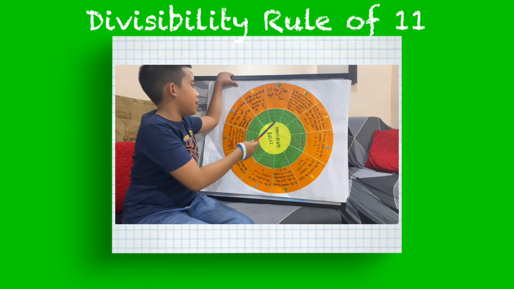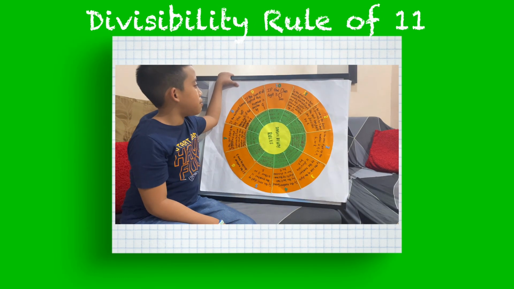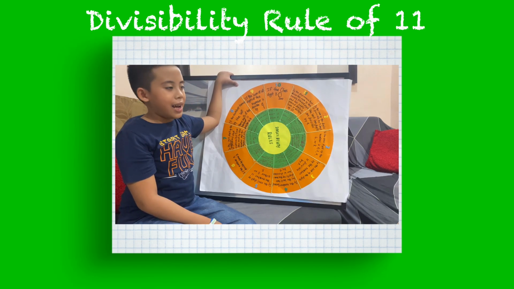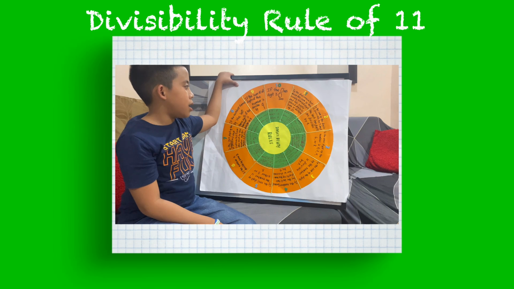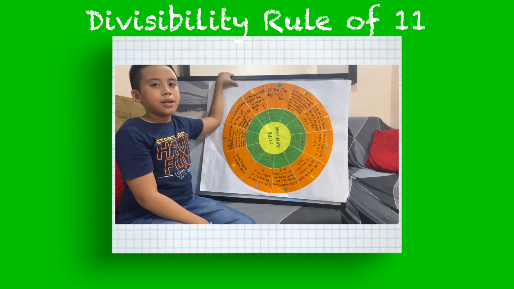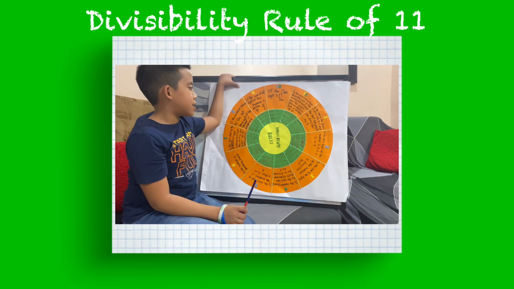Divisibility rule number 11. If the difference between the sum of the evenly placed digits and the oddly placed digits is 0 or multiples of 11, then it's divisible by 11. Example,